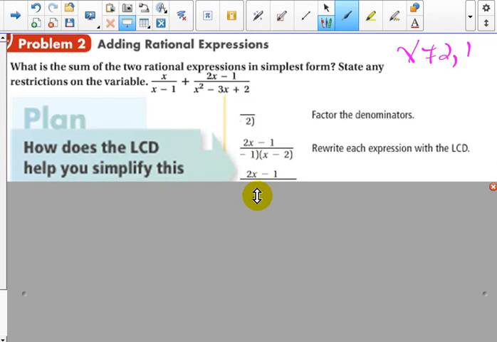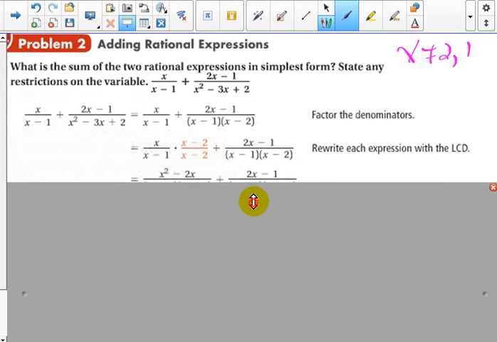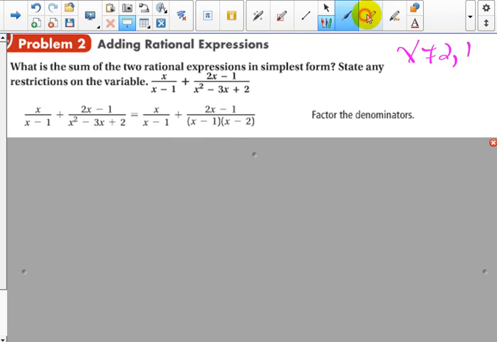So I already factored that bottom term, right? And here it is factored right here. There's our first, and then they factored this one down there. Everybody see that? So that's the first step, is they factored both denominators. Now what we want to do, we've got to get a common denominator. So if I have an x minus 1, and then over here I've got x minus 1 times x minus 2, well, what do I need to